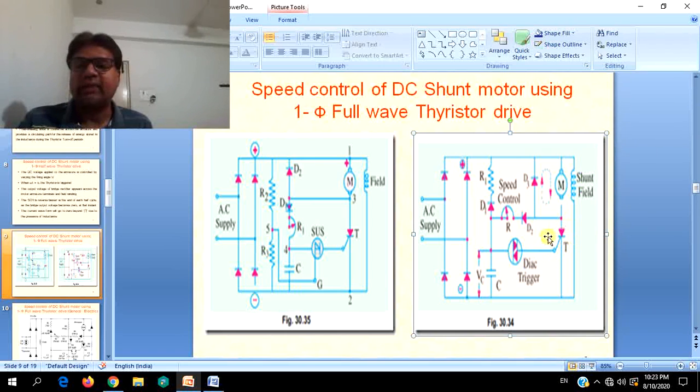So here the SCR is triggered by a diac in this case, and in this it is by the SUS. All other things are features of the circuit, where the capacitor and potential dividers are chosen such that they will be in tune with